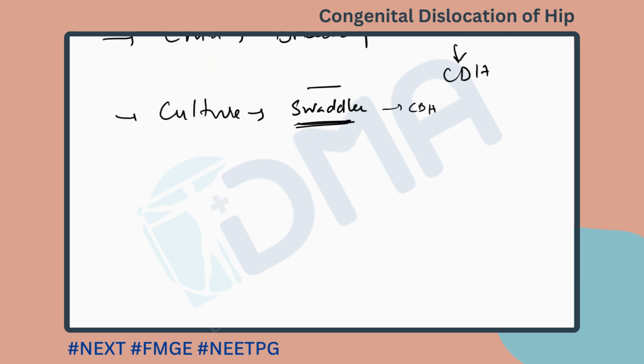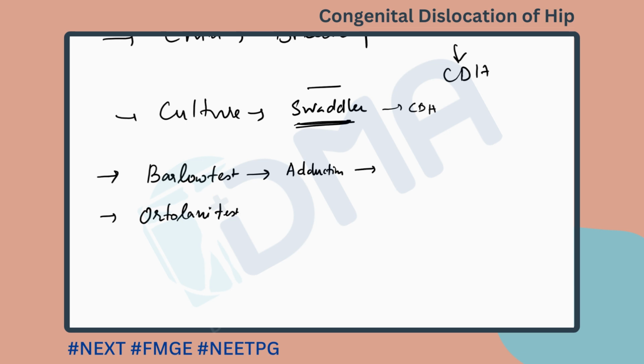Now how are you going to diagnose congenital dislocation of hip? You do two tests to diagnose. One is called Barlow's test, and another is called Ortolani test. Barlow's test is when you try to dislocate the hip by doing adduction. And if you try to reduce the hip and you hear a click sound, then that is called Ortolani